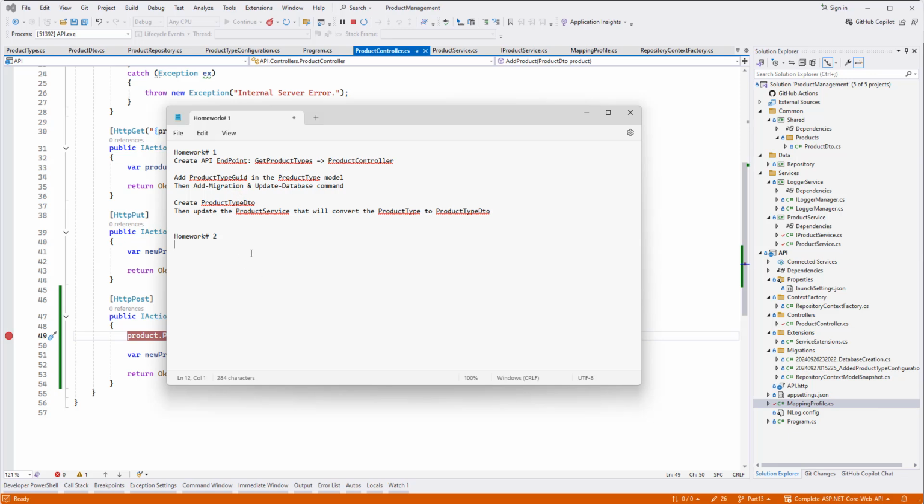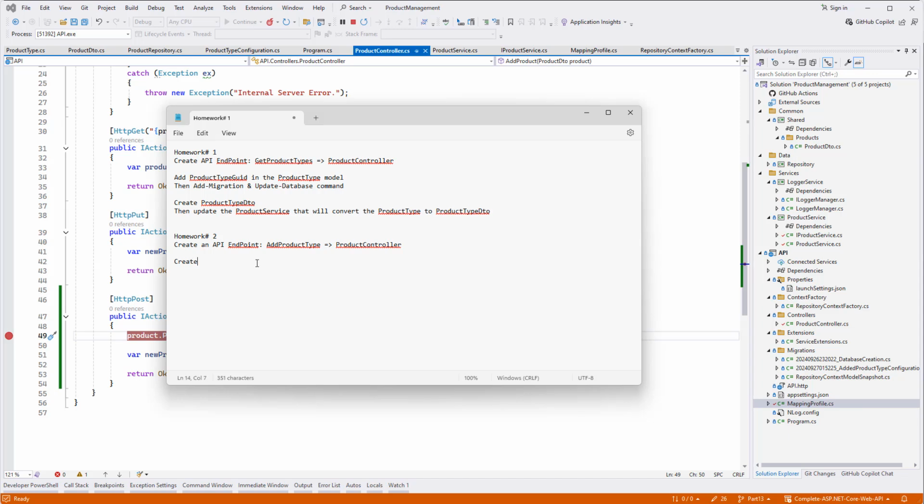So now create an API endpoint, maybe called add product type. This is going to be in the product controller. So that will return